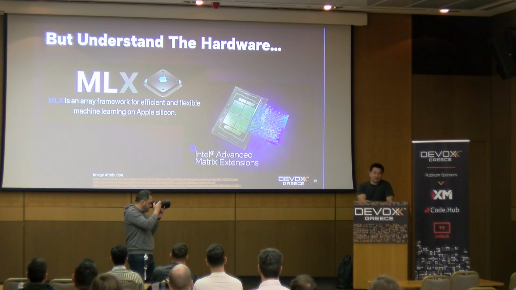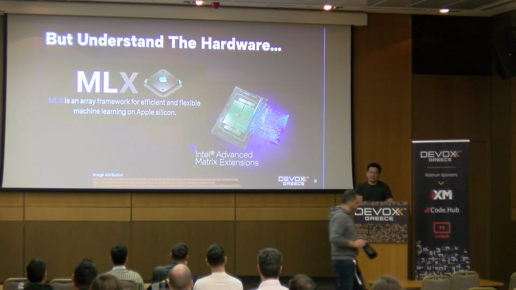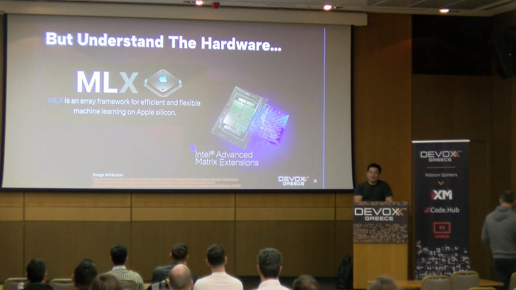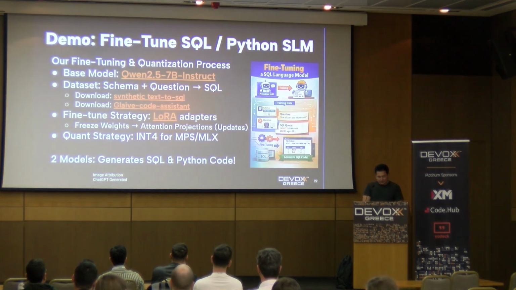You can also quantize to run on commodity hardware, like my laptop here. There are CPUs that have extensions, like the Intel chip with the AMX extensions, which help with floating point calculations. And my MacBook on Apple Silicon has accelerators, like the neural engine, to help do the math for language models on my laptop.